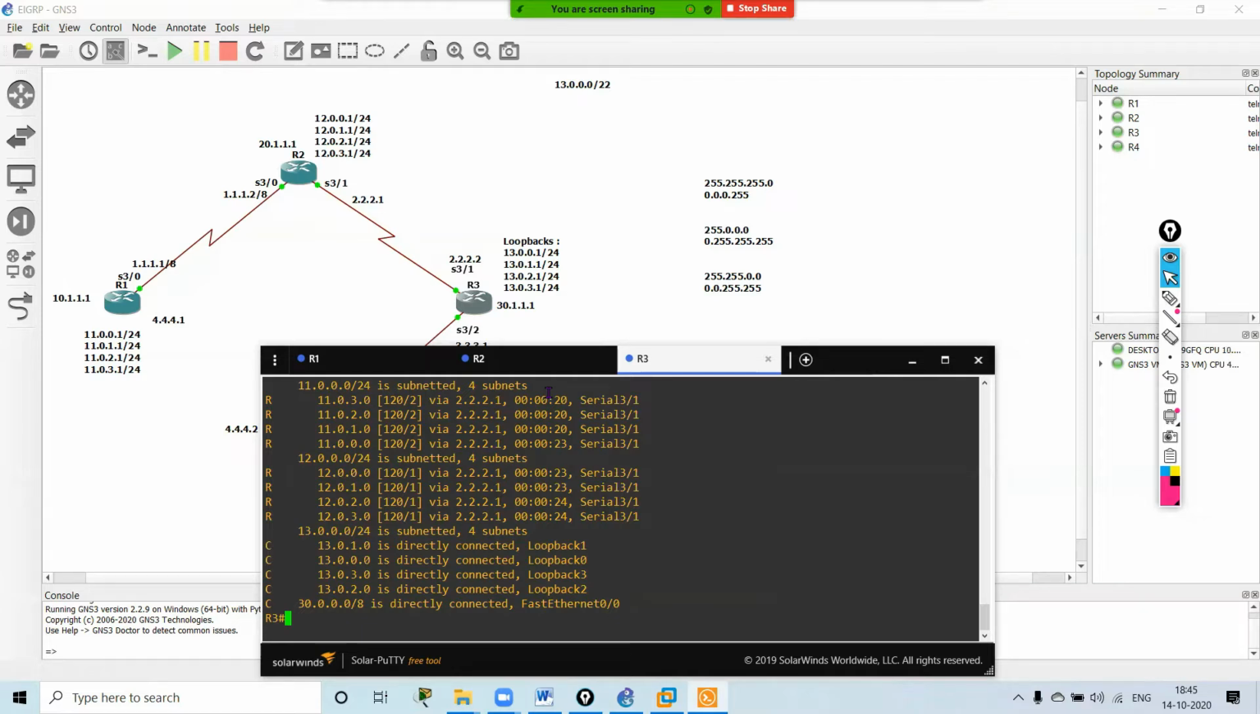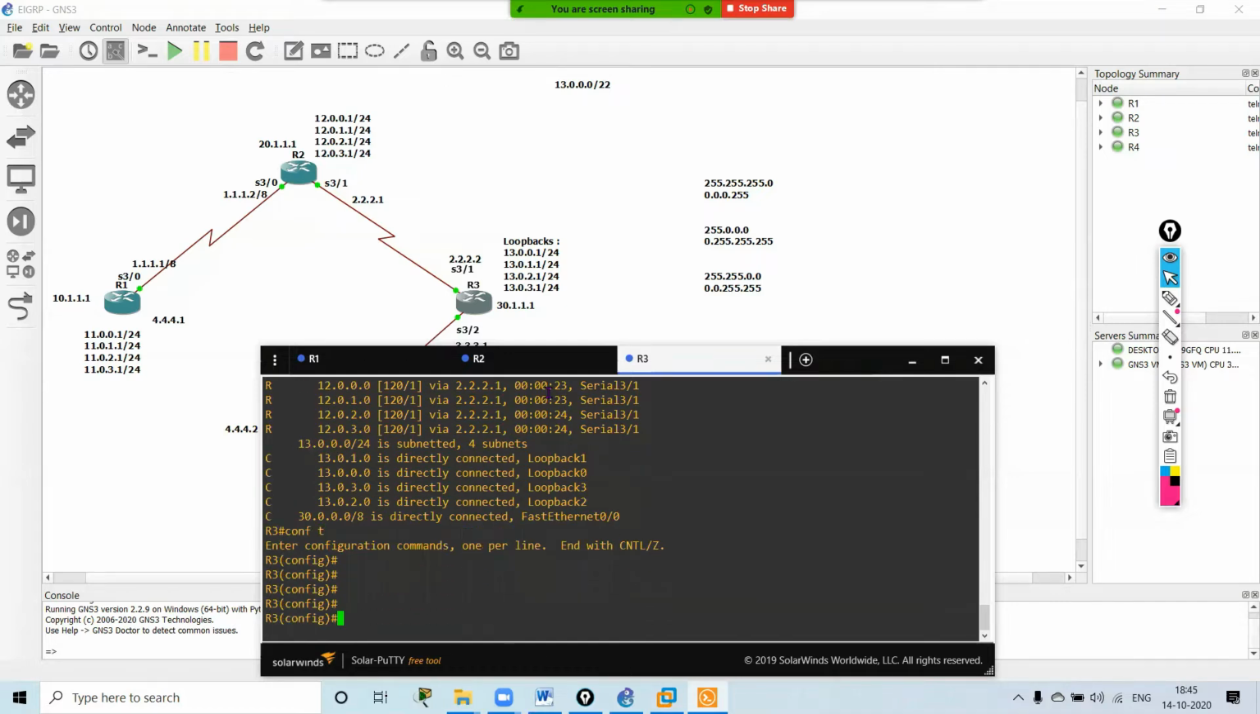Configure R3 to deny 4 of the loopbacks, that is the 13 network. Okay, R3 should not send the 13 network from being advertised to R2. To match the network, here we will be using a prefix list. Prefix list. Now to configure a prefix list,